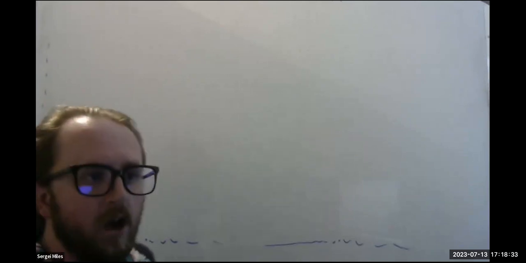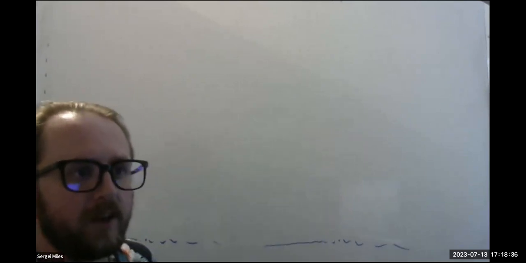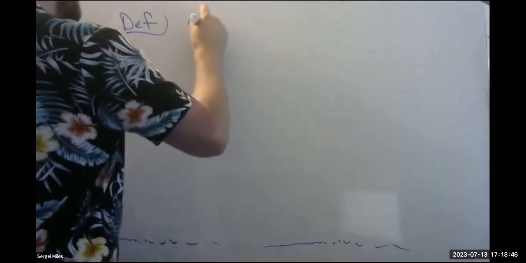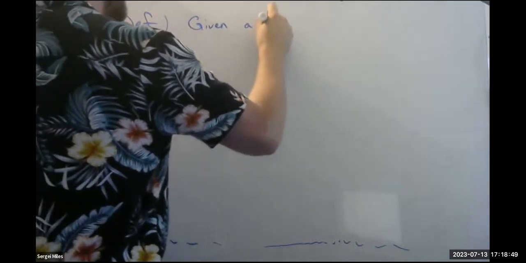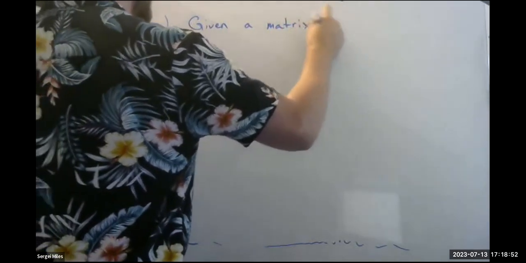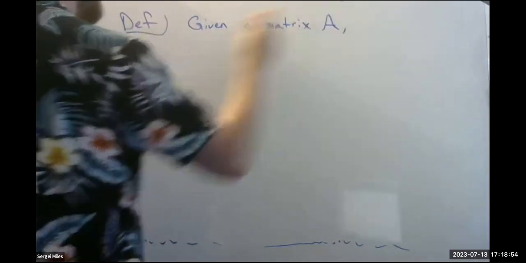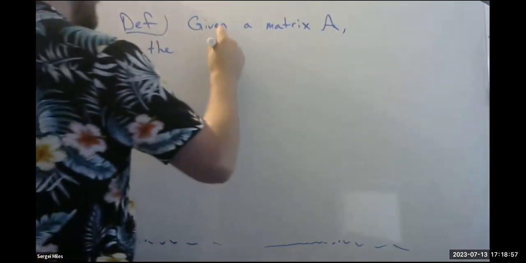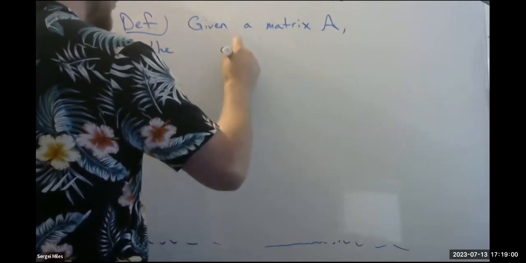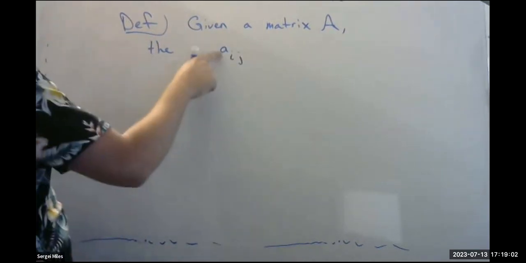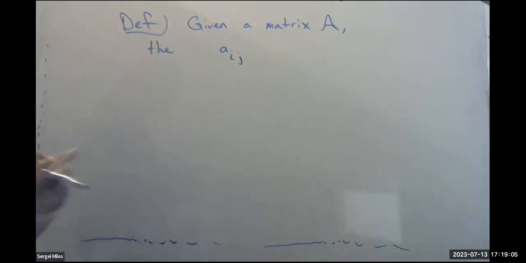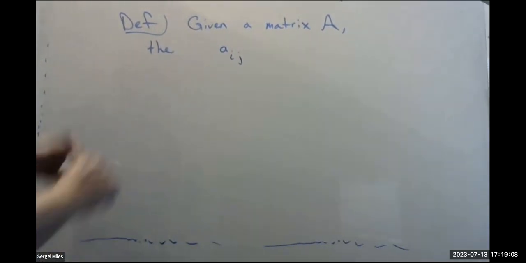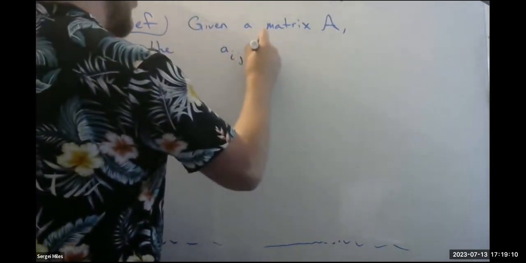So first, what's going to be helpful here is to talk about some notation. I'm going to be talking about matrices. Matrix A, the A sub ij entry. So this is lowercase a with two subscripts, ij. The A sub ij entry